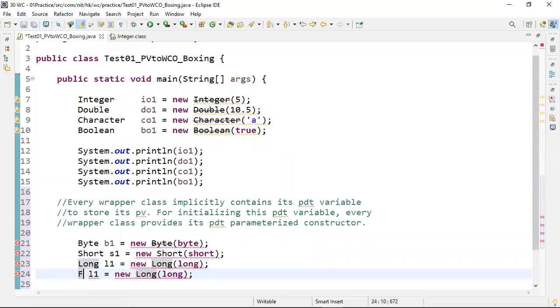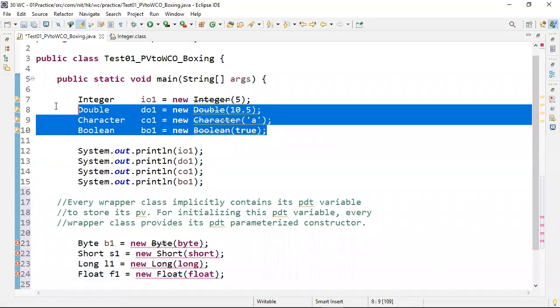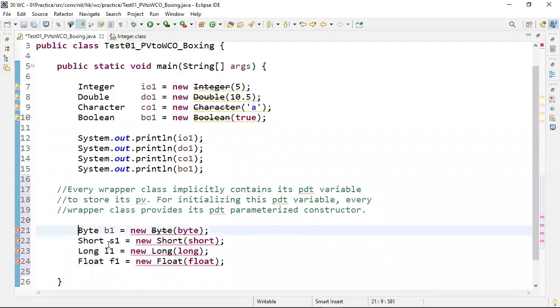And next, Float: F1 equal to new Float of what parameter type? Float. Already I have explained 4 classes, now the remaining 4 classes I have typed here. The Byte class type is byte, Short class type is short, Long class type is long, Float class type is float.